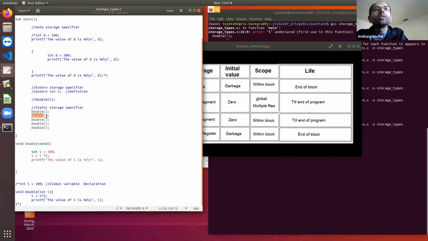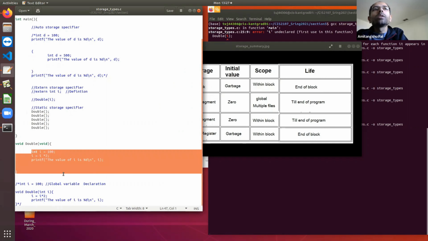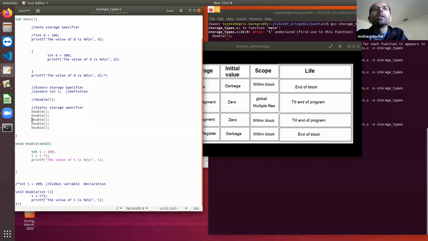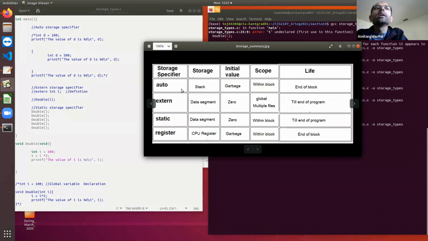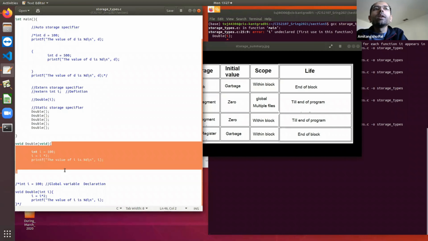Next, whenever you are calling this for the next time, it will be reinitialized to 100, multiplied by 2, printed. And then after the end of this block, its lifetime is going to expire. In the next call, it is going to be reinitialized again, doubled, and printed. So as this is an auto variable, its lifetime is getting expired after the end of this block.